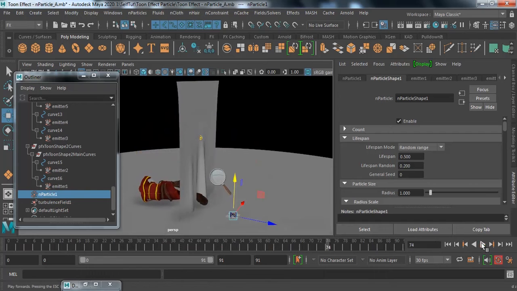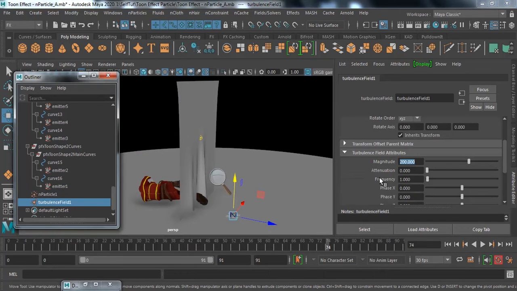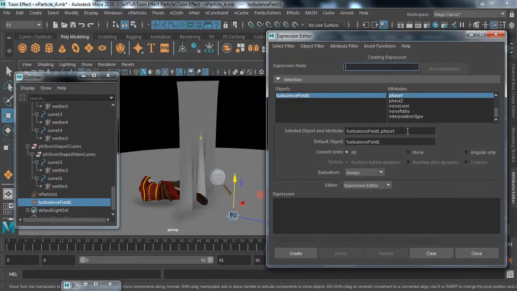What I want is a little more turbulence, so I'm just going to increase it to 300 turbulence, and I want phase Y to be animated. Create new expression, and here say equal to rend time multiplied by 8 divided by 10,